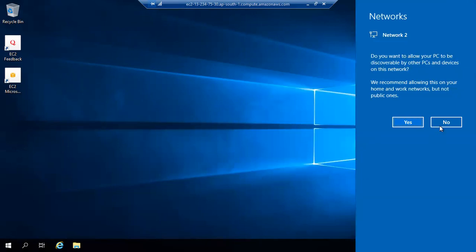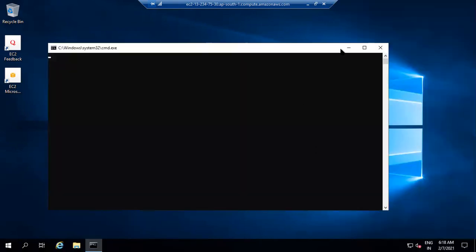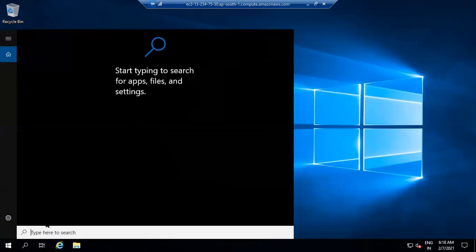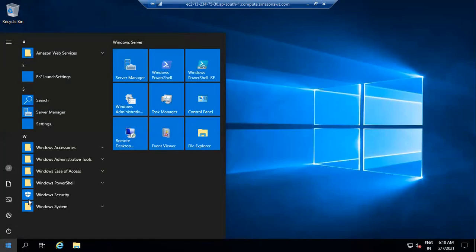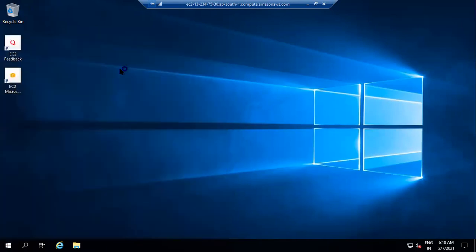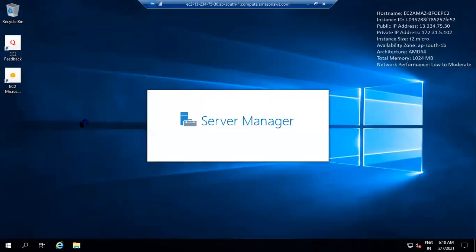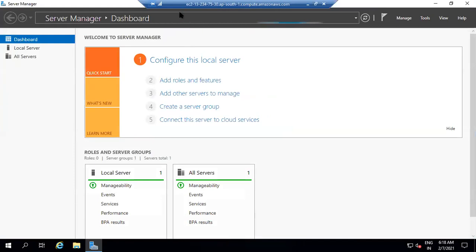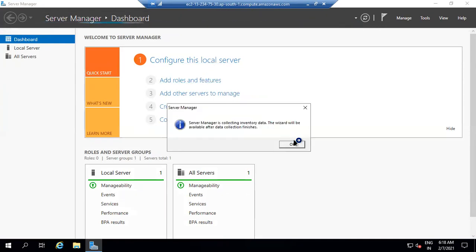Okay. Now, how do I make a domain controller? How many people know Windows? Go to Server Manager. Very good. Now, what do we do next? Create a role. Manage, Add roles and features.